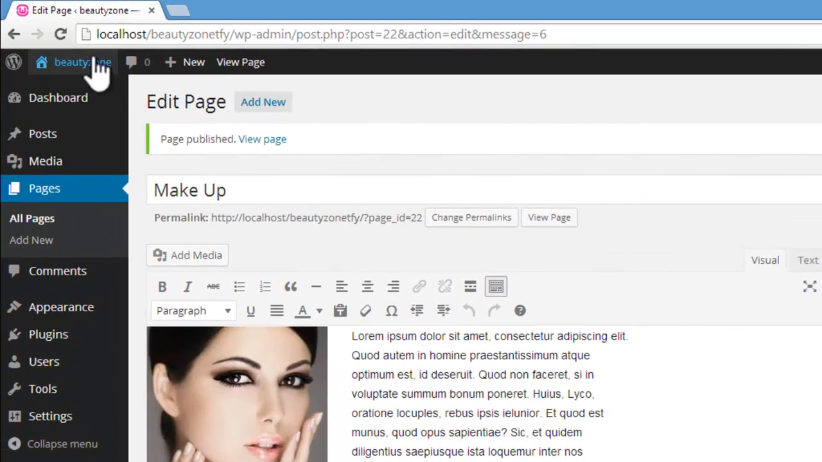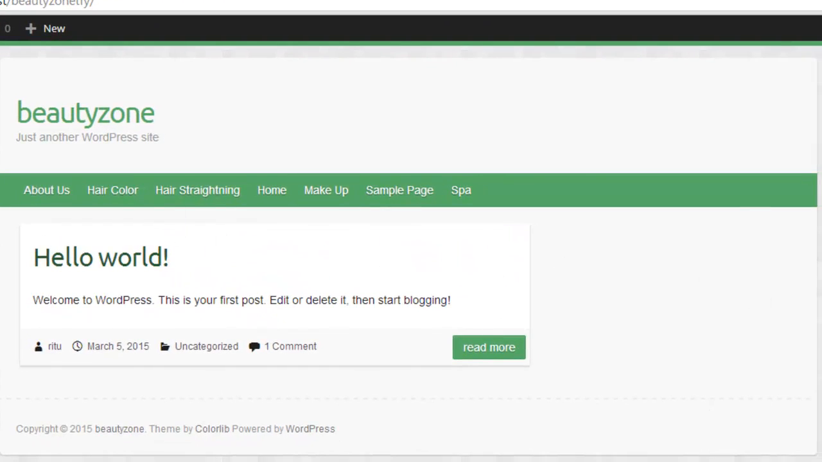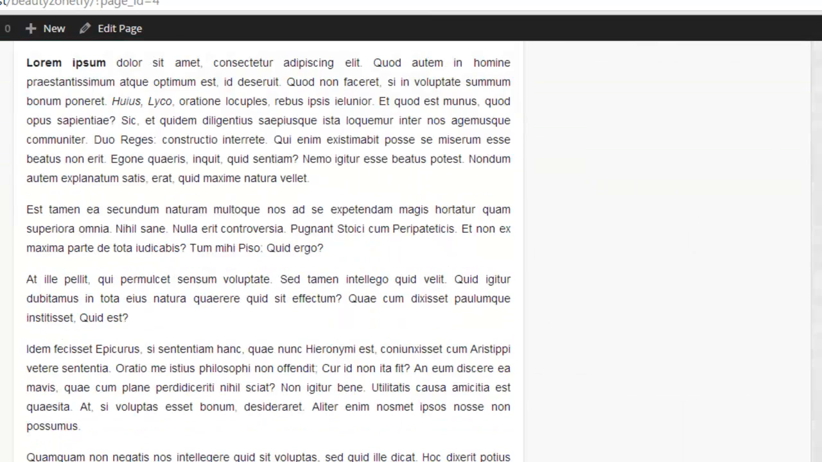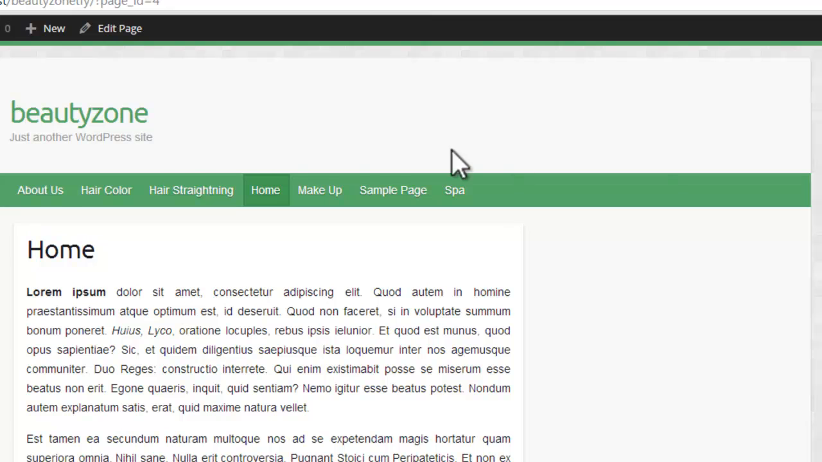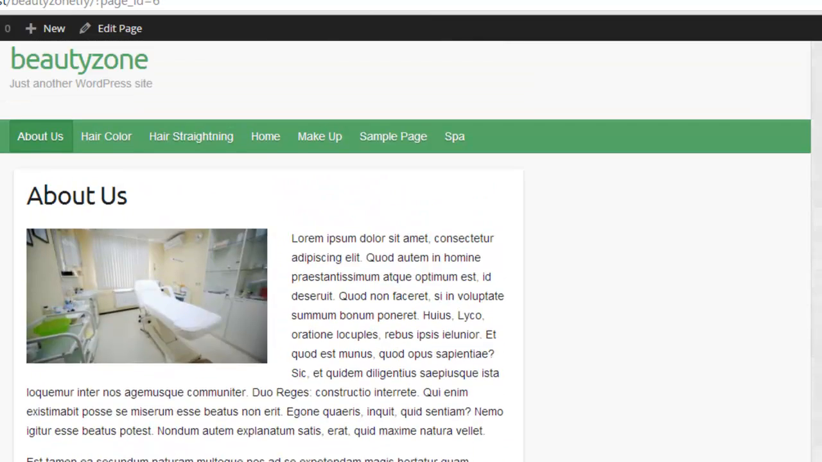Now let's visit our site. Very soon we will get rid of this default post. Let's visit our home page now. So this will be the home page and this will be the about us page and